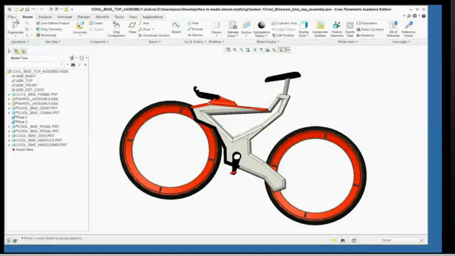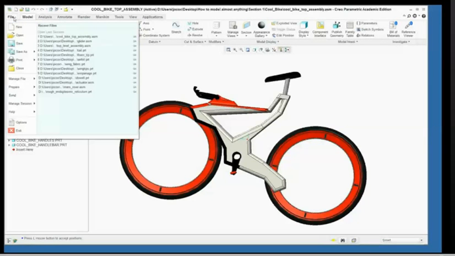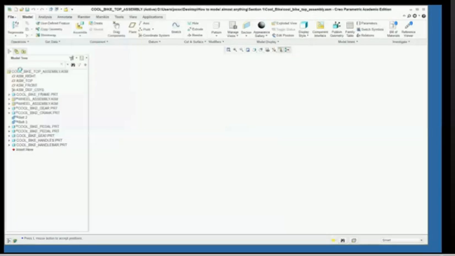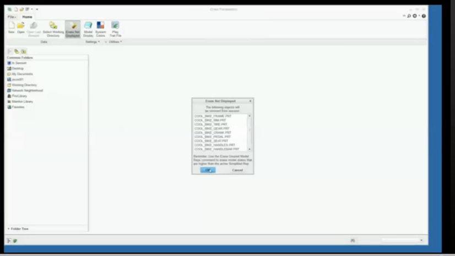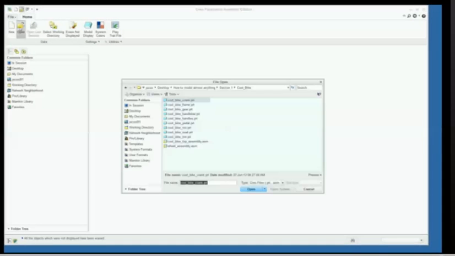So let's try another model. As you go through the curriculum, you'll get to do some exercises with this bike and try out and explore it. I'm going to close it. I'm going to erase it from memory so that I can now open up another model. I think you'll recognize